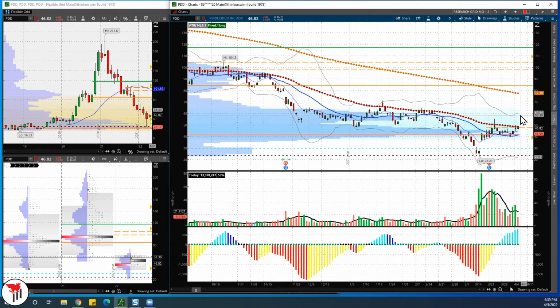And then if we go over, what was the level we say? Like 60, we go 60, we go test the 200 MA, which will be probably at 75. So over 60 for 75. That's 2 trades in PDD, right? That's 3 trades actually, because if we go under the 39.25, we're back into the selling, right? 39, 38, you'll be under the point of control, and we should be testing very low. So PDD looks good.